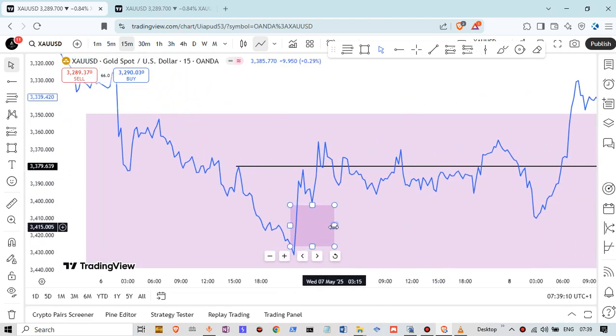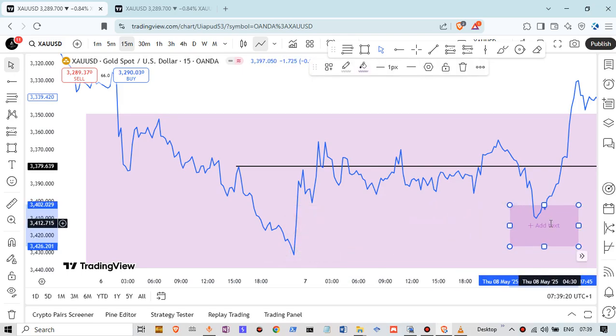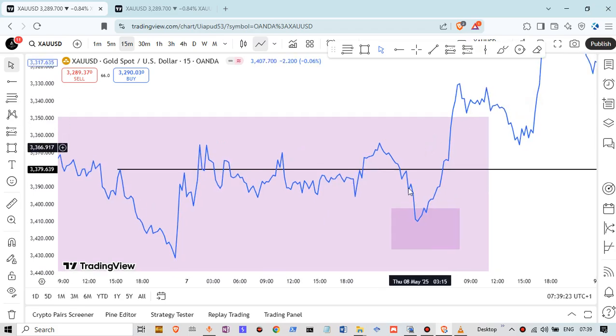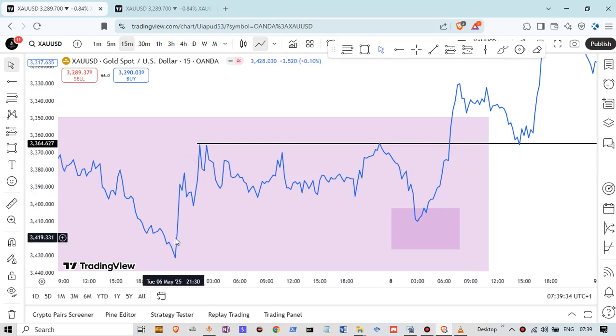Now can you see that finally market structure dips down into the region of this box? This is what happened. When it dipped down into the region of this box that I just drew, you can see where it dipped down into, and guess what happened? It went back up to break what? This guy, this fresh high. So let me delete this one now. You can see that as it dipped down into this box, this region here, boom, it went to break this high. And at this moment, finally we know that, okay, there has been a market structure shift to the upside. Finally, I can see that price came down here and bounced upwards.